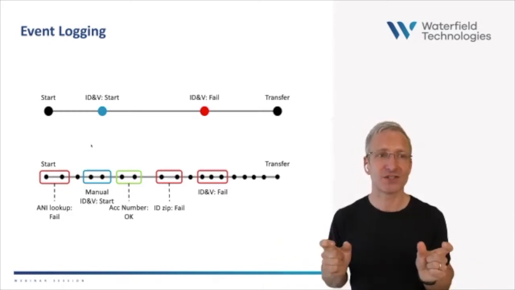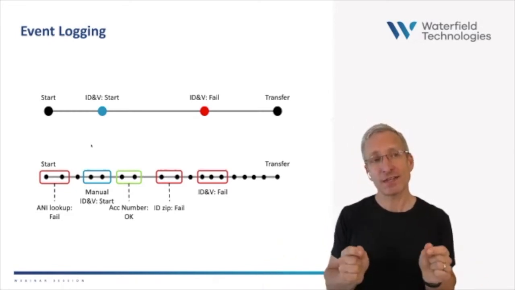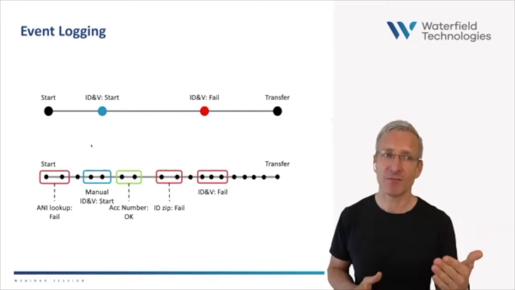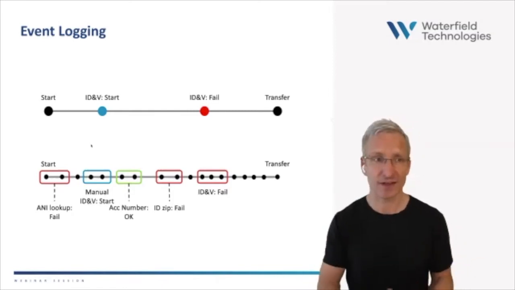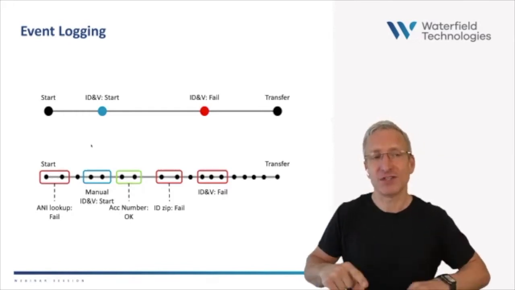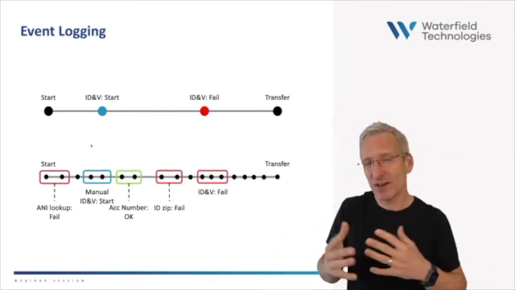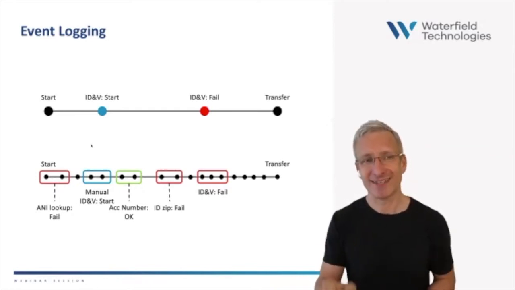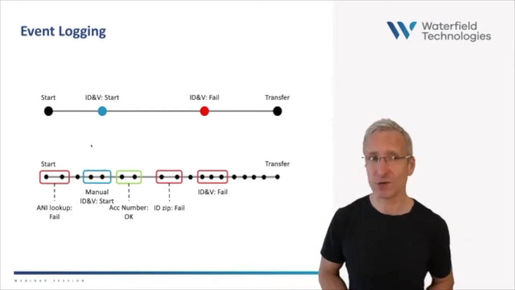So that might allow us to go deeper and say, okay, so we're getting a lot of failures in this IDMV task. Why is that? Look, the majority that are failing, actually, they're starting with trying to look up the customer's telephone number, and that's failing. So then we're having to do manual IDMV. So it's not the auto IDMV, it's the manual IDMV that's the problem. And look here, it's the zip code capture that's really causing the issue.